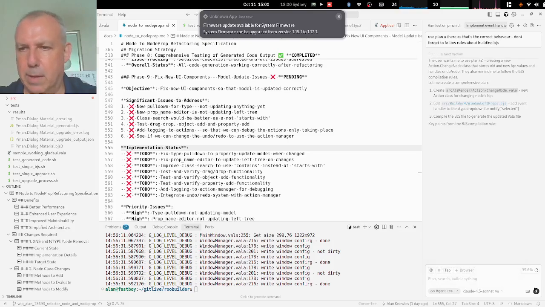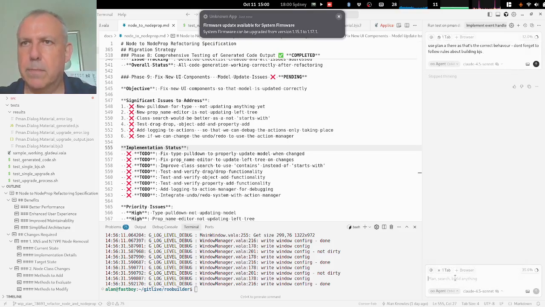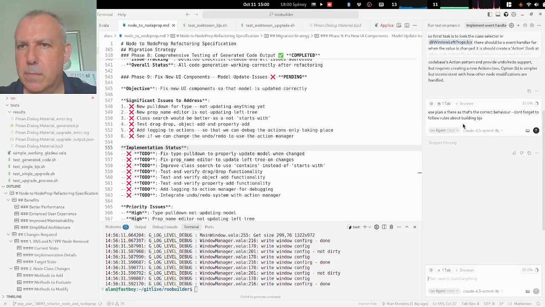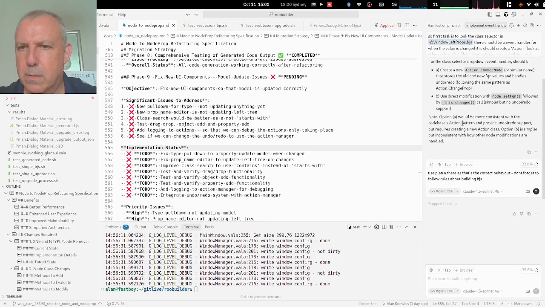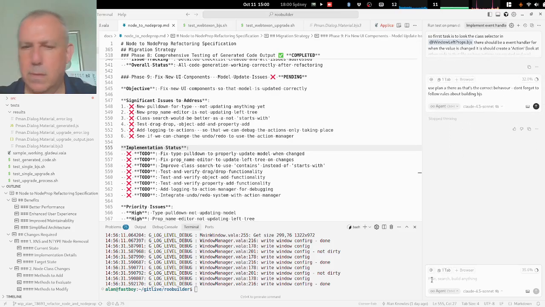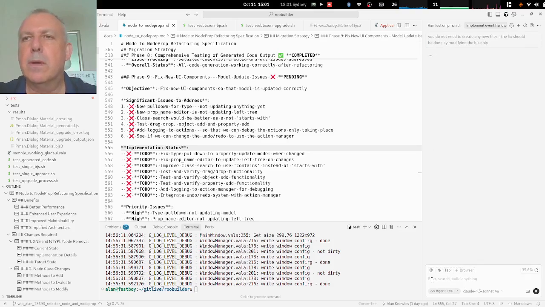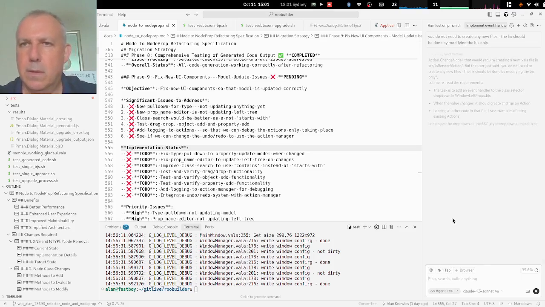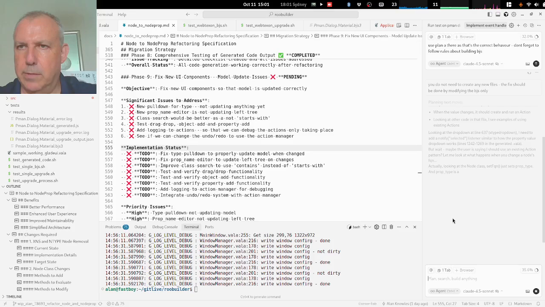Hold on, stop there. You do not need to create any new files. The fix should be done by modifying the BJS only. Not quite sure why we're scrolling like this, but